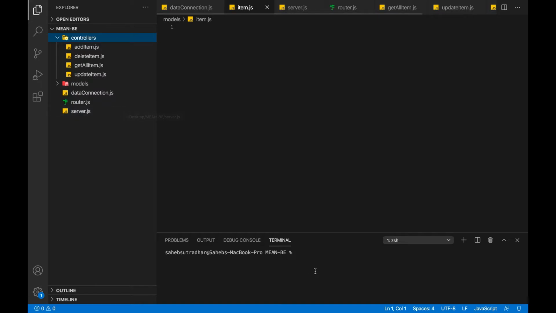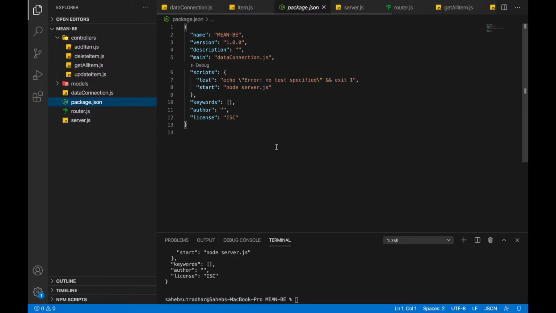So now let's initialize the npm module. So npm init. So I'll be using the yes flag. If you are using the yes flag, you don't need to put all the values explicitly, it will take the default ones. So if you see, it will create the package.json. All the dependencies we will be using for the application will be stored here.